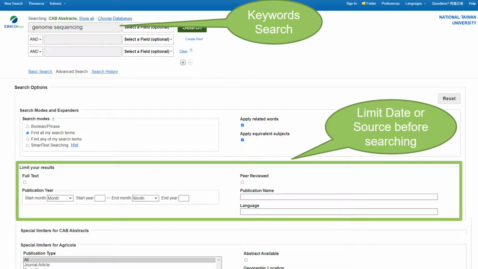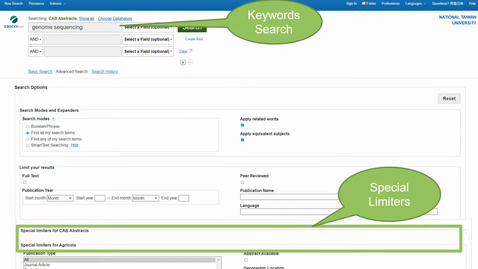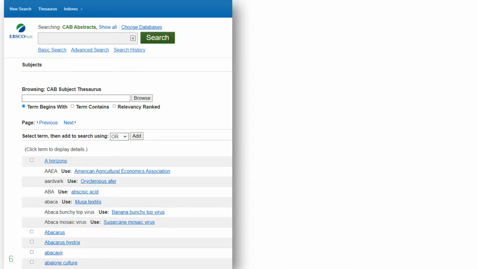Besides, you can limit search results by date or full text before searching. You can apply limiters specific to a database. If you select a special limiter, it's applied only to the database under which it appears. I would like to expand on what I said about CAB Thesaurus, which is a controlled vocabulary for pure and